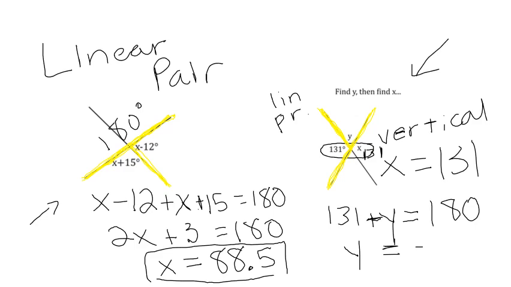you're going to get 49, I believe. So you would have 49 here, and you would have, see, these are vertical, top and bottom. So you have a vertical 49 and 49. You have a vertical 131 and 131. And then you have the 131 and the 49 happening all over the place several times. So we'll get used to those because those aren't going